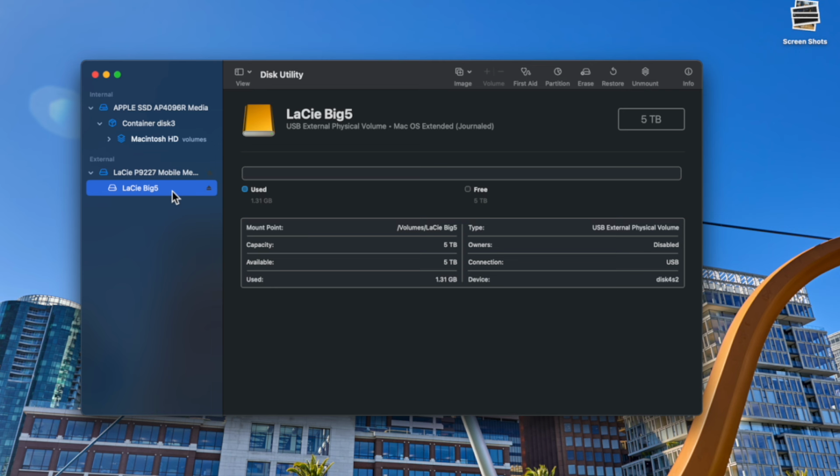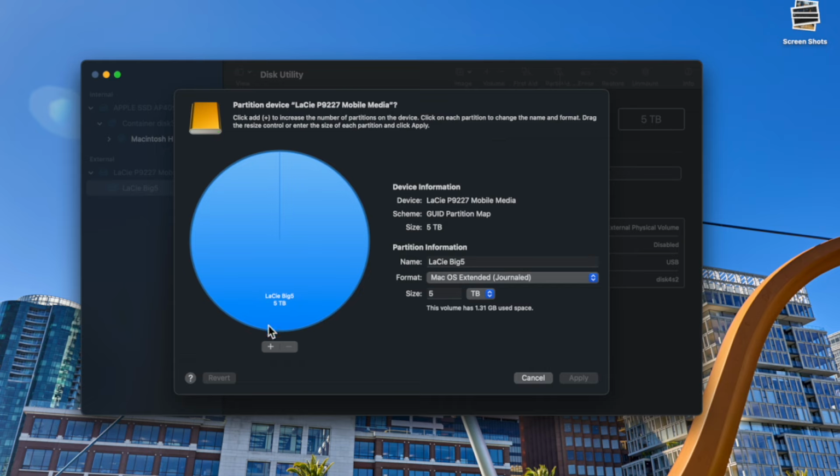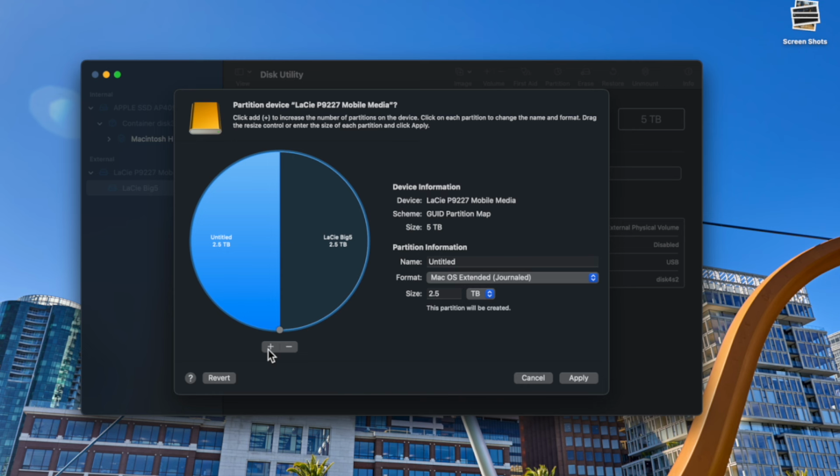Do you need to do that? Probably not, but this is the whole concept and purpose behind it. So that is a partition. So with this hard drive selected, I can go to the top of Disk Utility, click on Partition. After I click that, I'm going to choose the plus sign, and that splits this hard drive in half. So think of it, now I have the kids side of the house and the parent side of the house. We're putting up a wall. They have their space and we have ours.